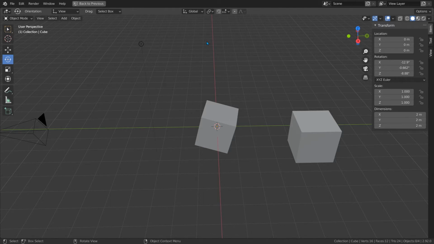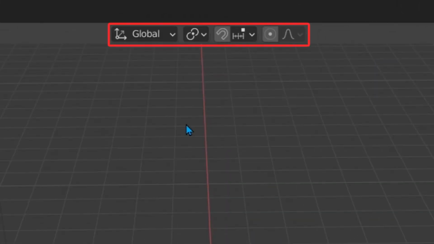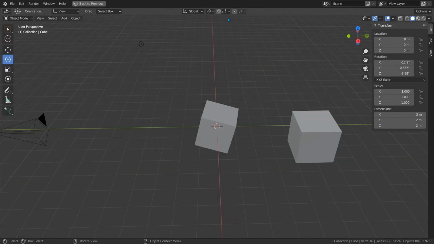The next section you'll want to get familiar with is the transform controls. These controls are always on the screen regardless of what tool you have selected, so they won't do anything for some tools. The first drop-down menu lets you change the transform orientation. It works exactly like the previous one, except the previous one has a higher priority. In the previous one, default means it'll do whatever is in the transform controls, but anything other than default means it will override the transform controls. So if we select default, it'll use whatever is selected here. But if we select one of these, it'll ignore whatever is selected here.